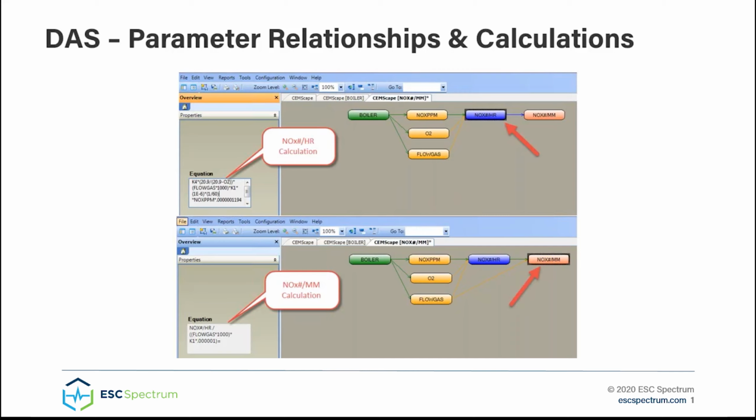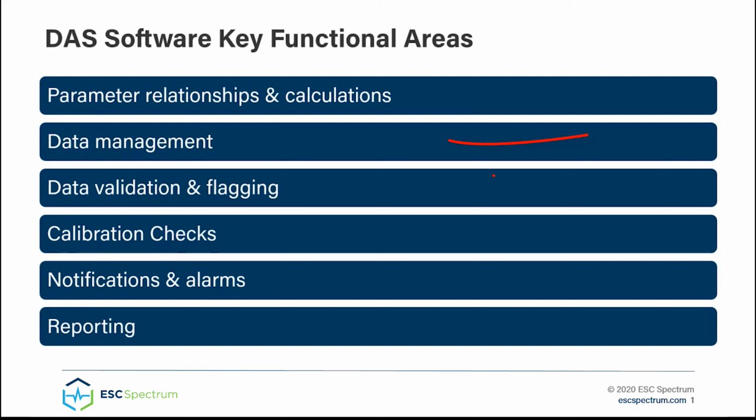Similarly, in the bottom example, we've highlighted the NOx pounds per million BTU parameter, and we can see its equation and the parameters that feed into its calculation. This feature is very useful for understanding your DAS, troubleshooting data issues, and helps when adding new monitoring parameters to the DAS. Now let's move on to data management, and to illustrate this function, we'll look at examples from StackVision's